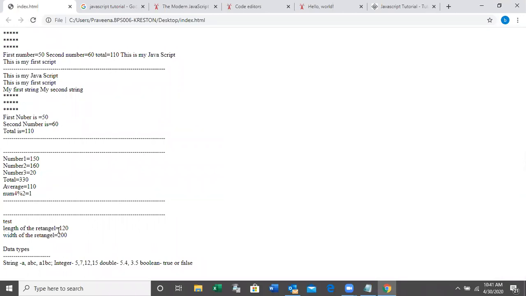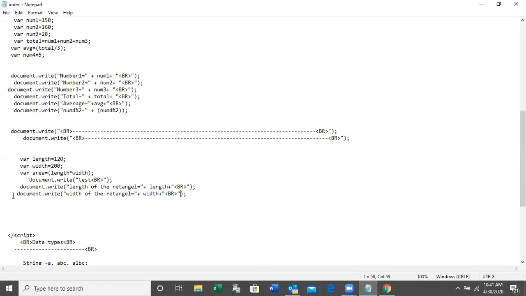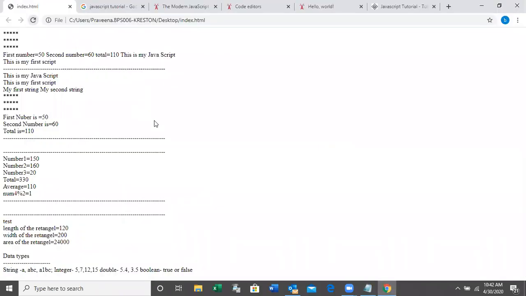Length of the rectangle is equal to 120, width of the rectangle is equal to 200, and then area of the rectangle is equal to area, the variable name called area. So this is the output you can see here.